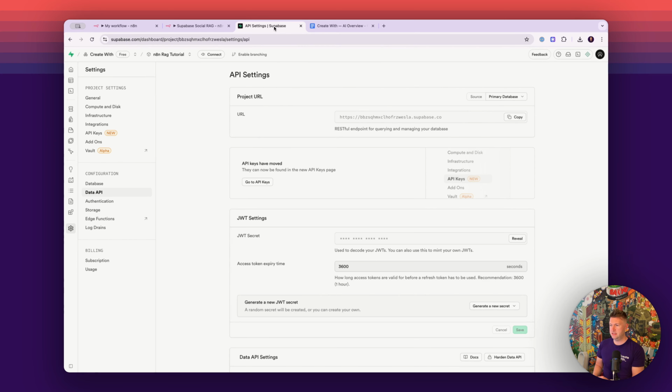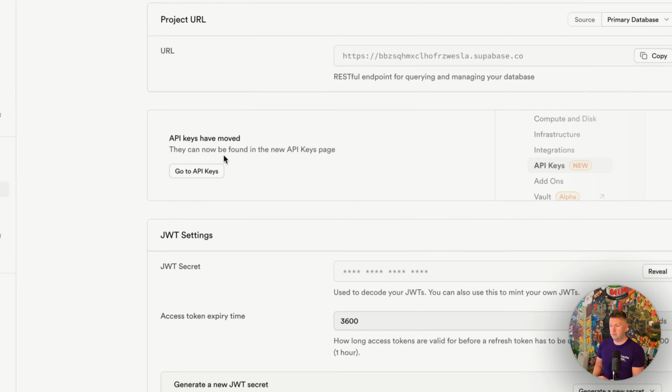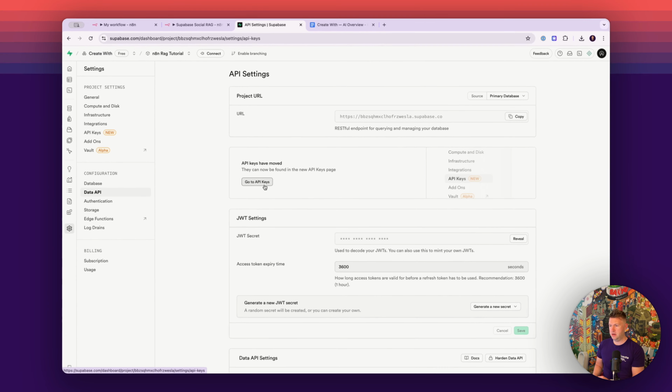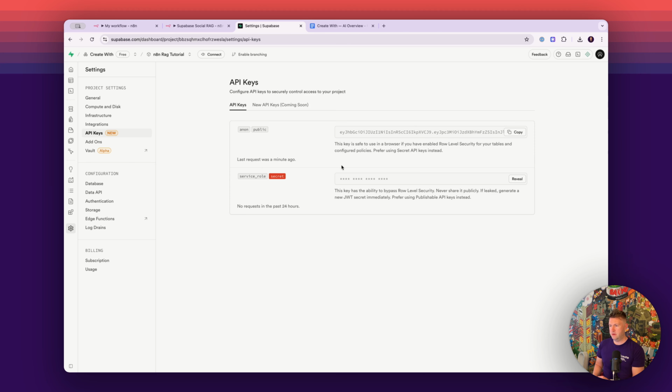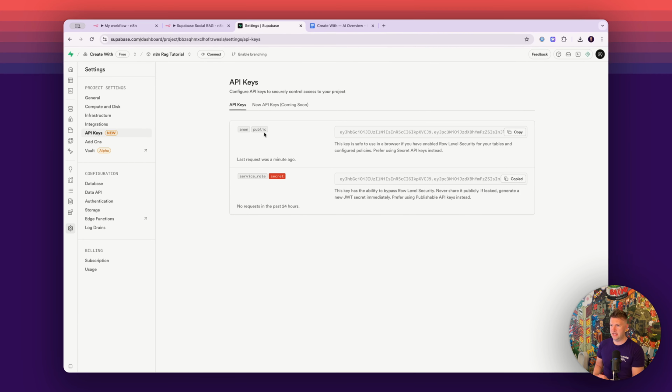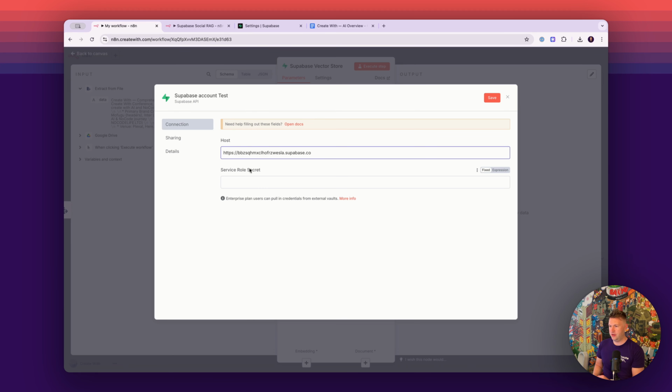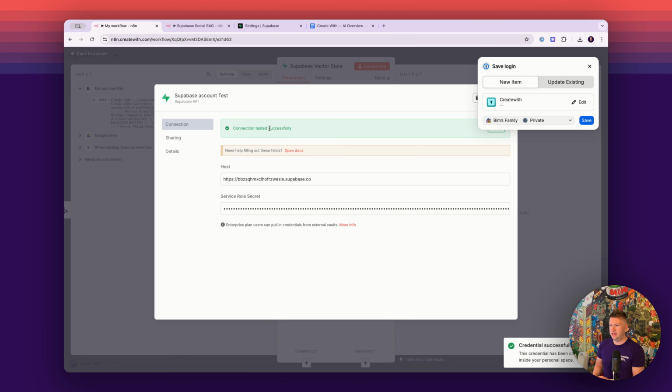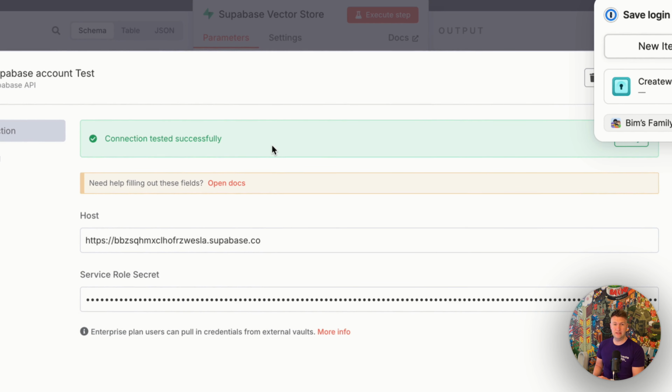Then we need our service role secret. So I'm going to head back to Supabase. That's actually just moved. So I'm going to click this Go to API Keys button. And then you can see we've got our service role secret here. So this basically gives complete access to your Supabase database. So I'm going to reveal it because this is just a test project, but you need to keep that safe when you're doing this and make sure that key isn't exposed publicly anywhere. So I'm going to put that in there. I'm going to hit save, and then it should go green like this,